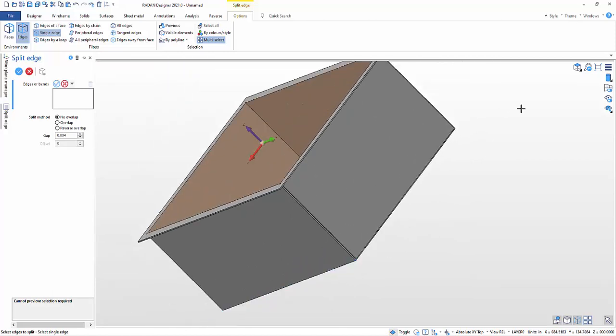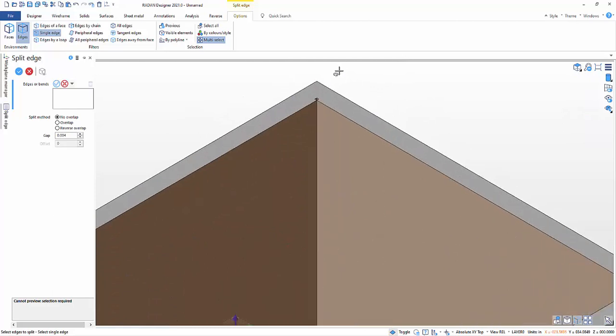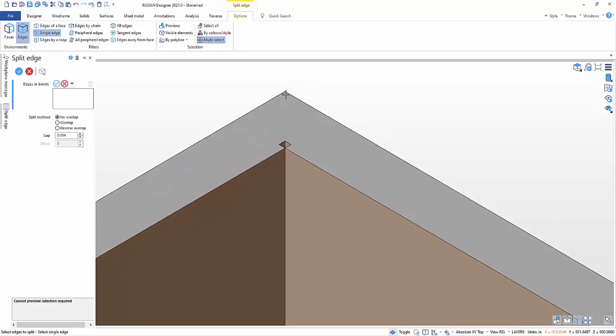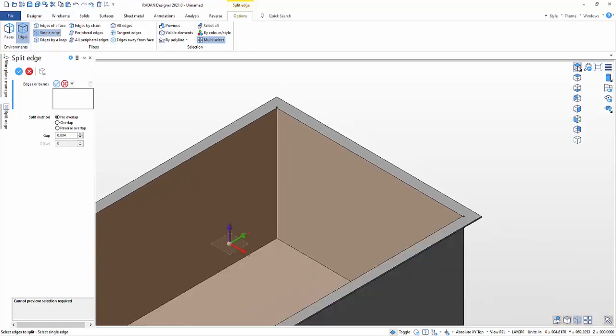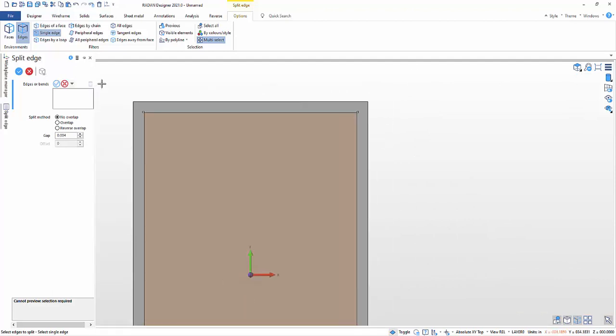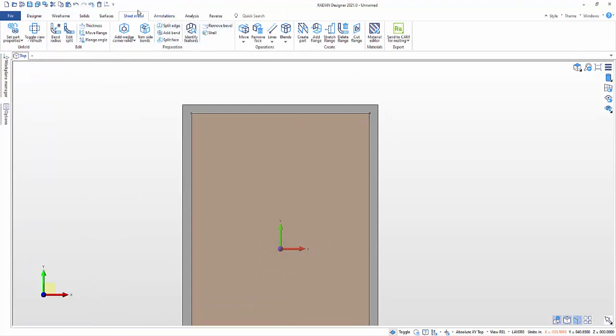metal box there. So now let's go to our isometric view, and you can see where I've split the edges, it's left a little relief in here, right? I know it doesn't look crazy, but that's because we've got to split these, right? So I usually come in here and go to top view. Once I'm in top view, I'm going to use another sheet metal tool here that I love